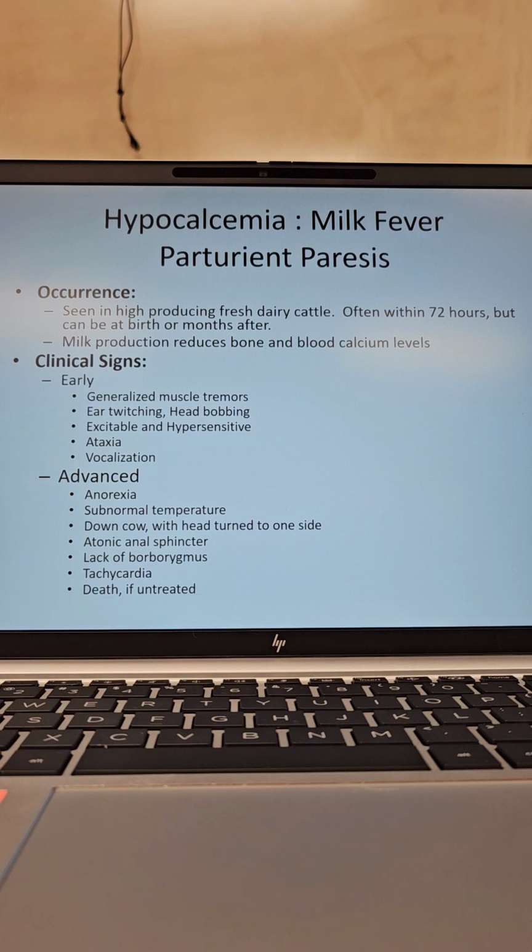Advanced signs and symptoms: anorexia. Subnormal temperatures, the temperature is going to drop. You're going to end up with a down cow. They're going to turn their head to one side. Atonic anal sphincter. The sphincter is no longer going to be able to do its thing. It's going to not move anymore. Lack of borborygmus,